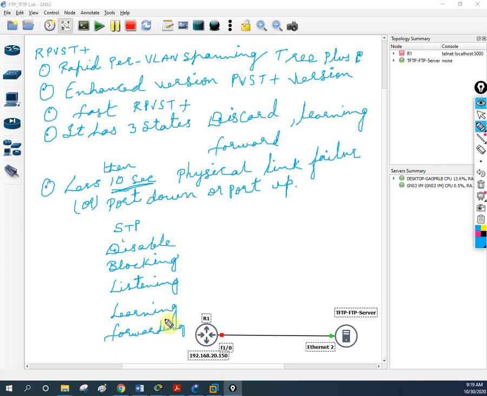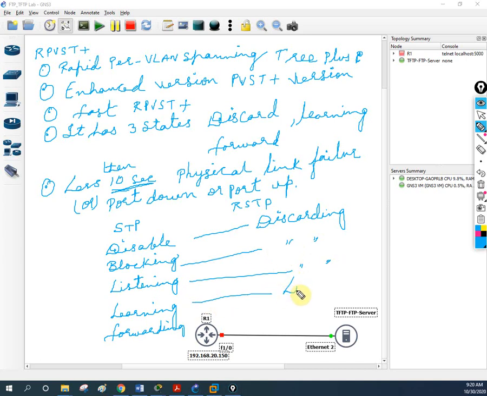Okay, and if we go for RSTP, this one is discard, means we don't have this one. Here we have discarding, here discarding, and this one also discarding, and this one only we have learning, and we have only forwarding.